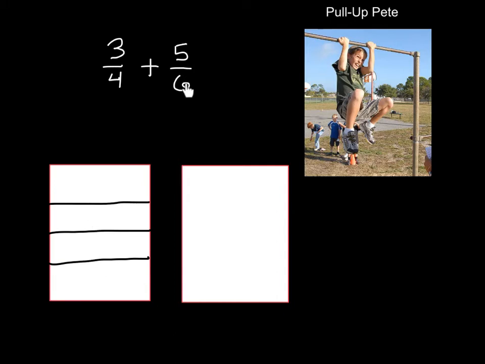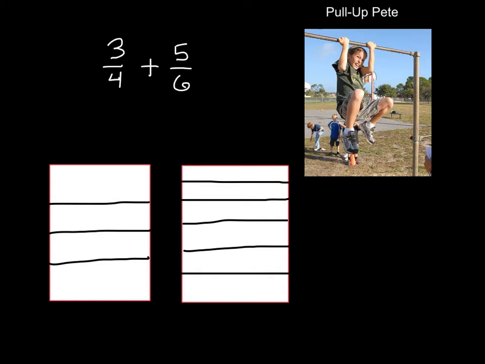Now on this second fraction, it needs to be broken into 6 parts, so I'm going to make 5 lines. So I'm going to go 1, 2, 3, 4, and 5. So what I'd like you to do right now is pause it and make sure that your fraction boxes look just like this, and then we'll fill in the numerator portions when you're done here. So go ahead and hit pause,